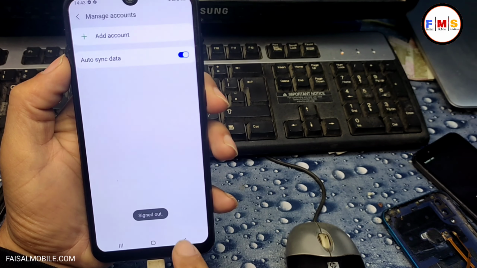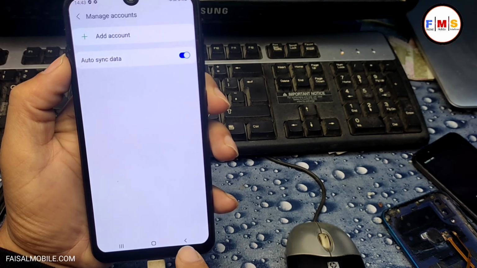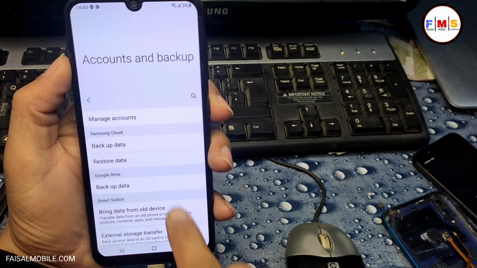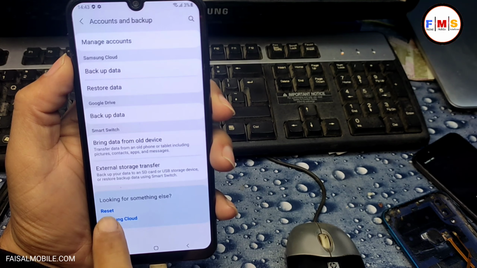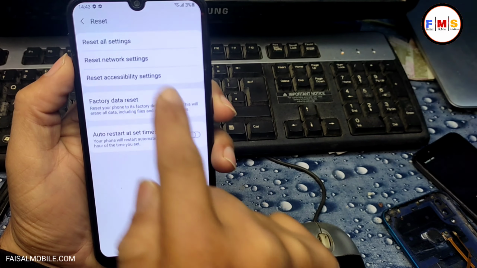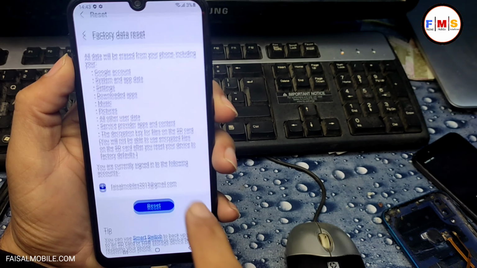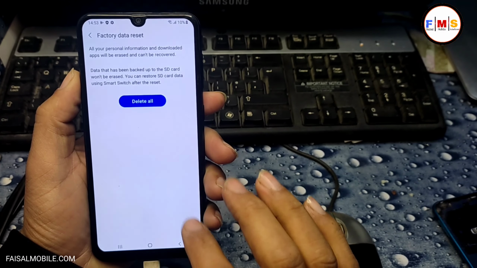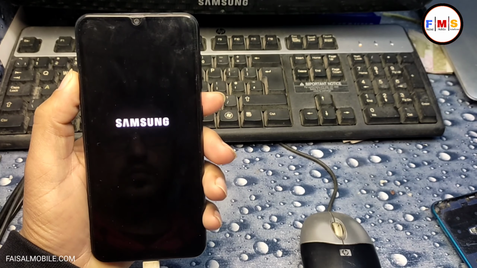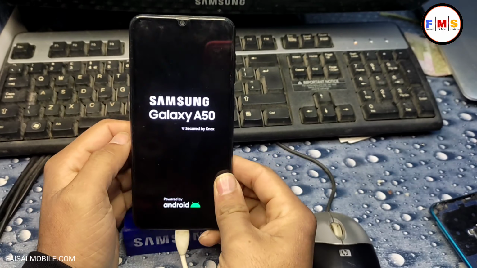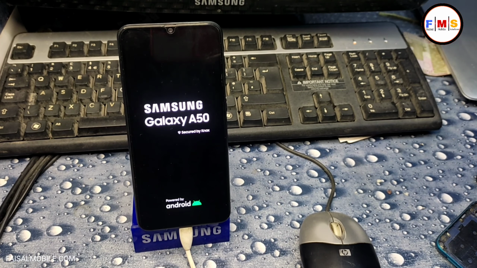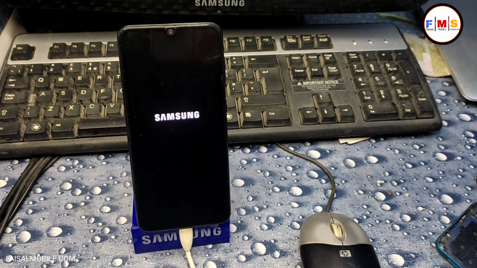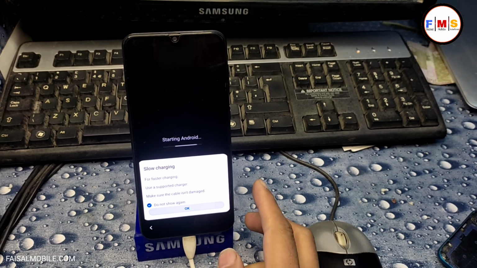Now our account is signed out, so as you can see, just go back again now, and here click on reset and click on the factory data reset. Now click on the reset button again, delete all, and this will reset your mobile and all your data will erase. So now it's a completely FRP bypassed mobile.